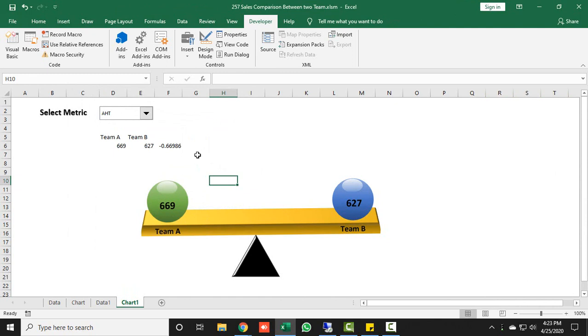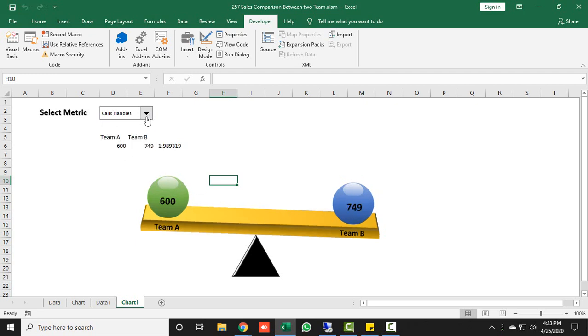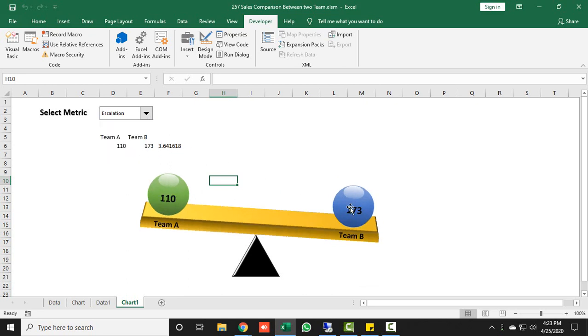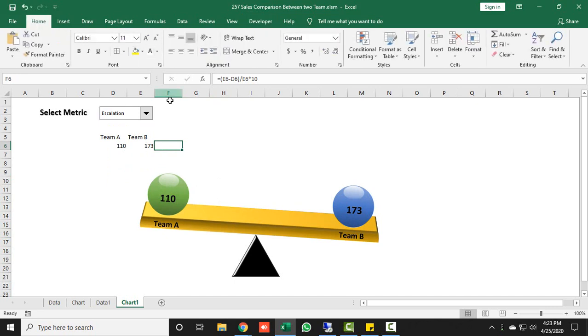Your chart is ready. You can see the results. Let's say if I change this one, you can see this is reflecting. If I change this one, it is reflecting. If I take this one, it is reflecting. I did not need to show this, so I will go to Home and make the font white, and for this one do the alignment, apply all borders and make this a yellow font. Now this is ready.